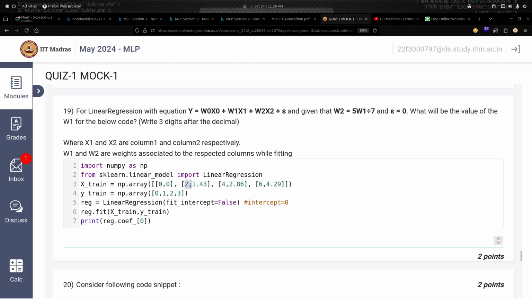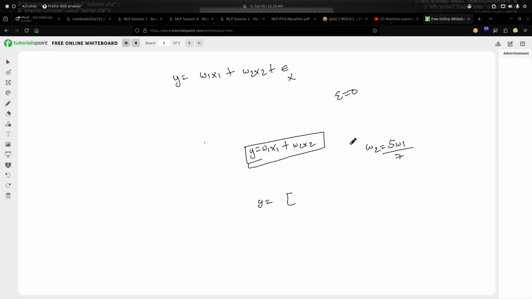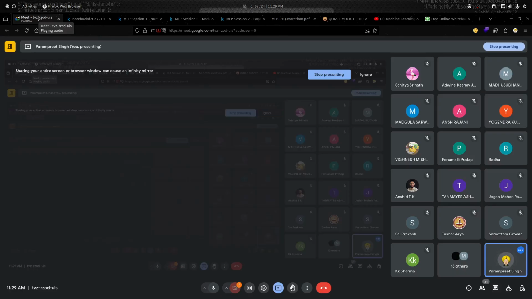Like for the 0 and 2 same, we will get, okay, we have 4 samples, right. So we will get 4 equations and उन 4 equations पे we have these y values. So इस y value के basis पे we will do the computation on this equation, okay, and then we will get the value of w1. This is a linear equation question, you can say. हमें बस w1 की वैल्यू फाइंड आउट करनी है. हमारे पास सारी चीज़ें गिवन हैं, we just have to do the computation.